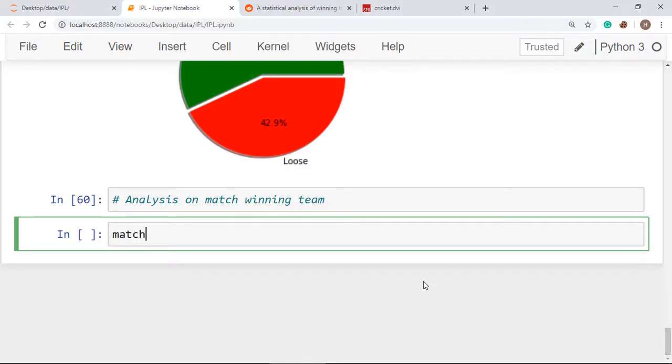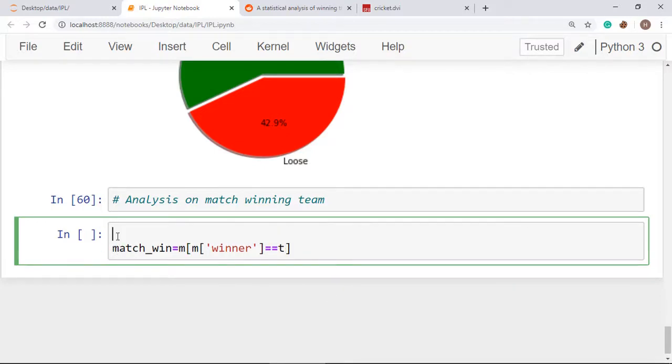I'm putting a variable called match win, and pass m, and inside this just type winner, and take the input from the user, so that you can make it for any team, and ask the user to make an input. This will display all the rows where that particular team has won the match.